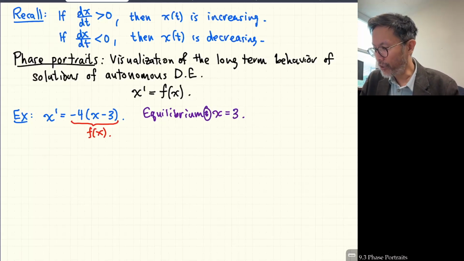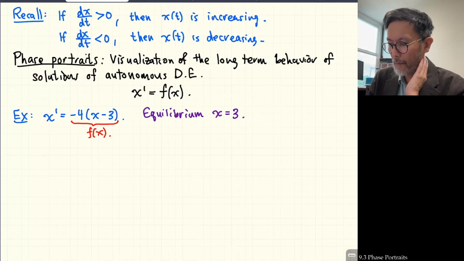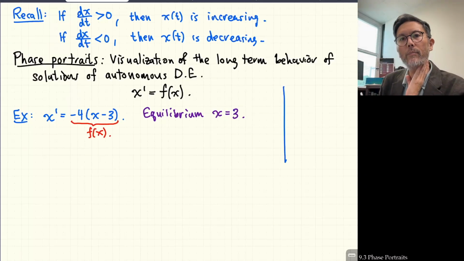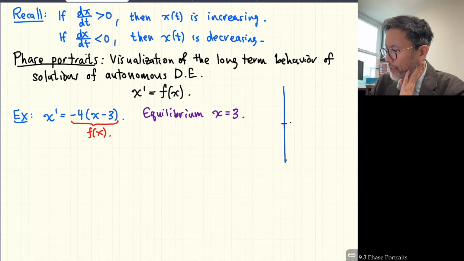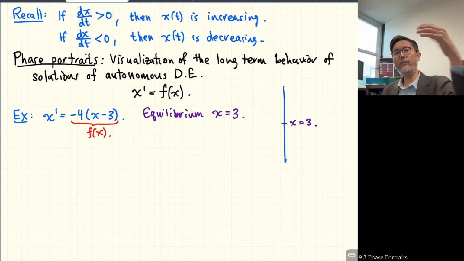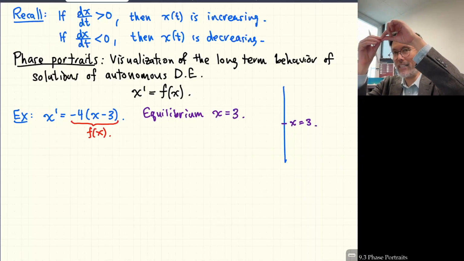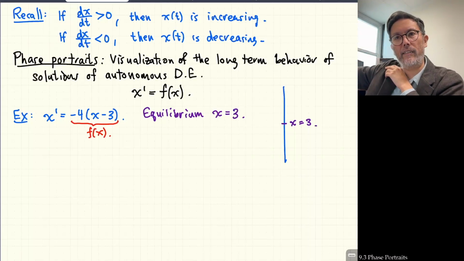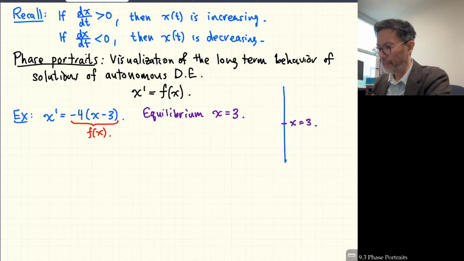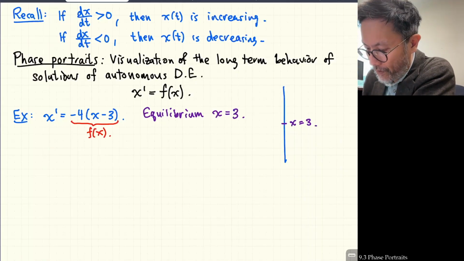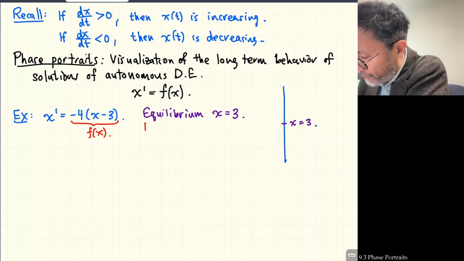So in our phase portrait, what we're going to do is draw a vertical line. I'll draw it like this, and we'll label the equilibrium solution. So we have the equilibrium here. It'll be labeled x equal to 3. And again, if x is ever equal to 3 for any time t, then it's always equal to 3 for all time t. What if you are bigger than 3, though? Let's say if you are bigger than 3,